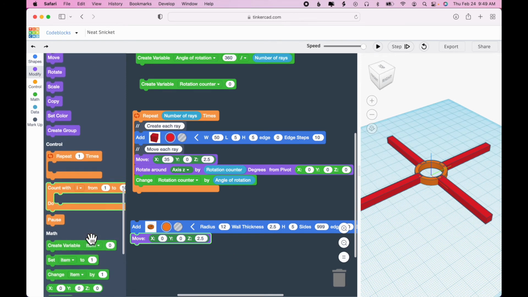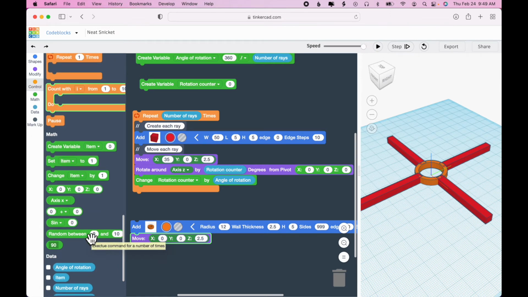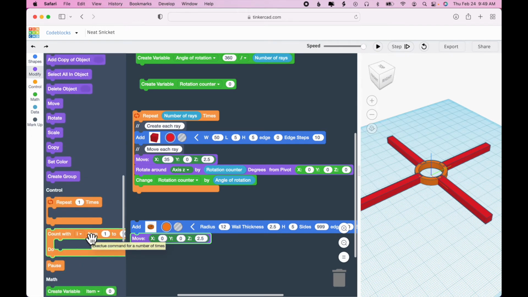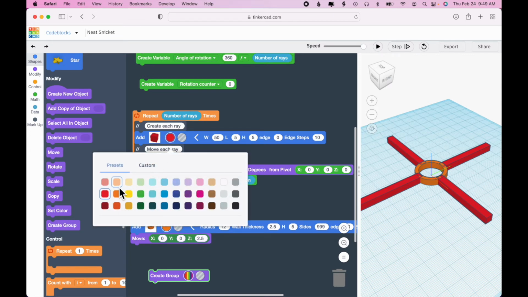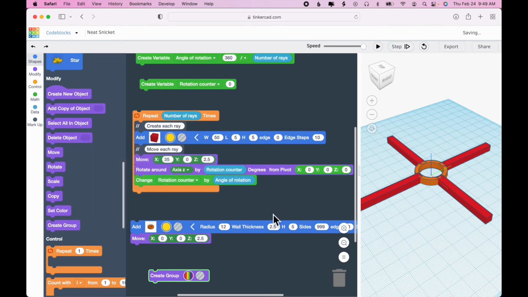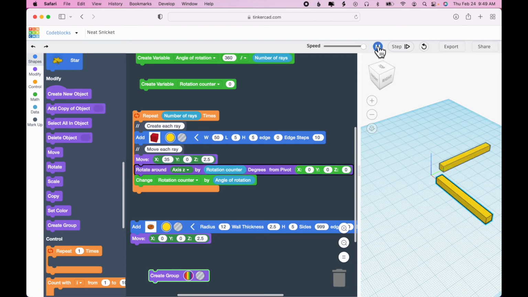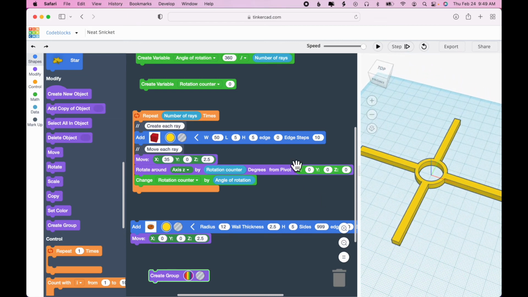So down at the bottom, what you can do is, where is it? Not create new object, create group right here. So I'll group them together. And what I'll do also is I will change the colors of the ray and of the ring to yellow, and now run. Okay, and so then I have this object,